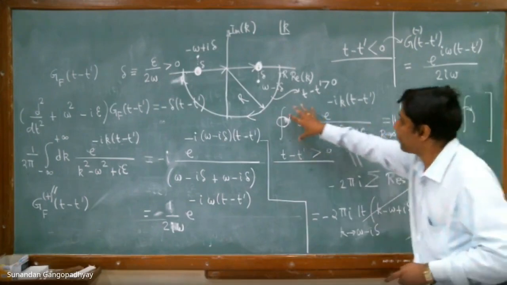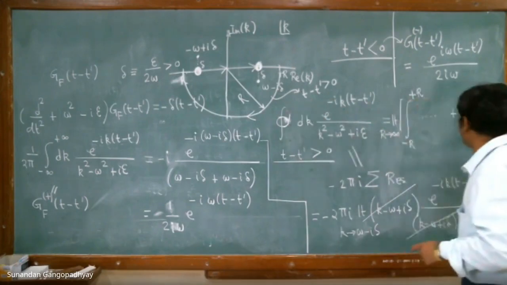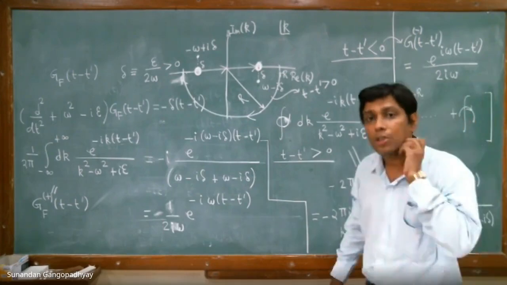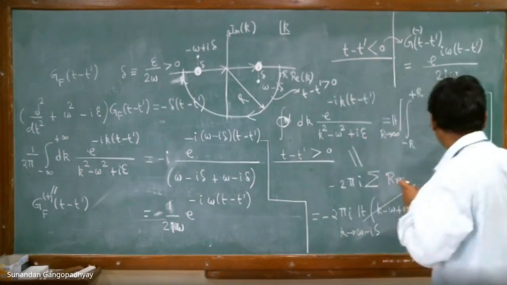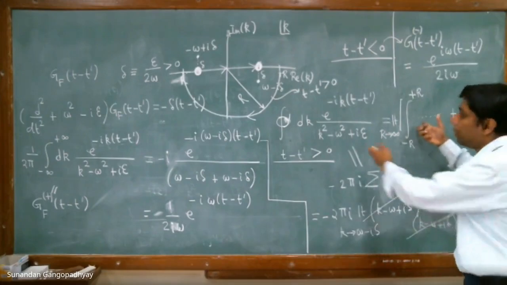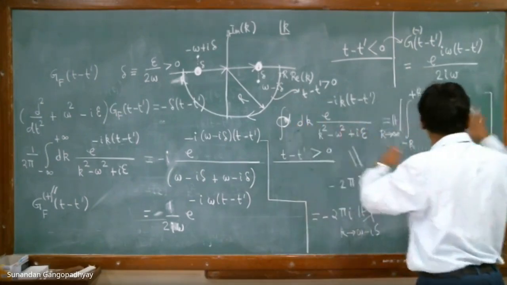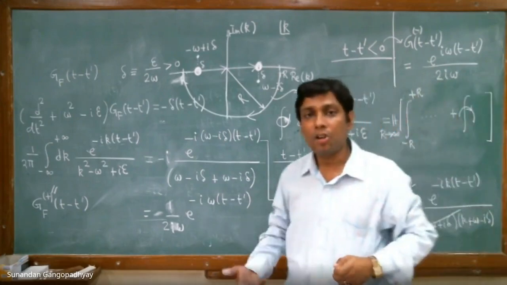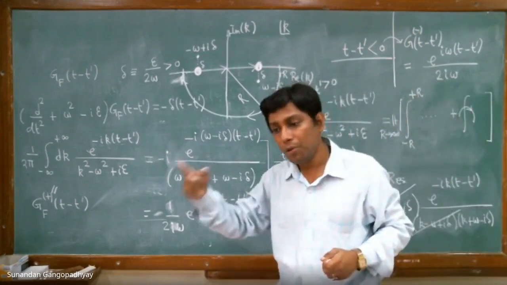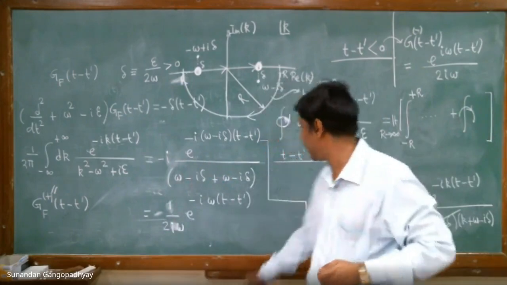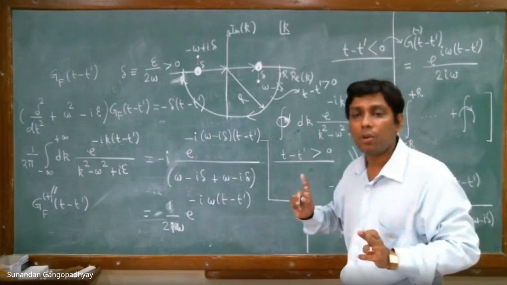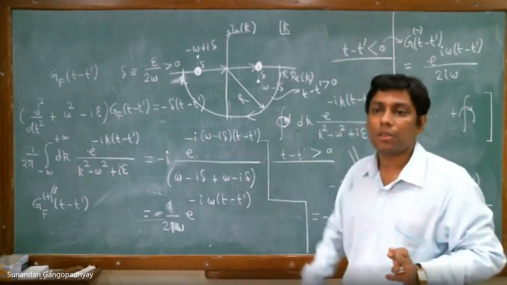So you want to separate this contour integral into two parts. One part is the integral which you want to compute, and the other part. This will be equal to the contour integral only if the other contribution goes to 0. And the other contribution can go to 0 only if you close the contour in the lower half plane for this case. When this is less than 0, the other contribution can go to 0 only if you close the contour on the upper half plane.